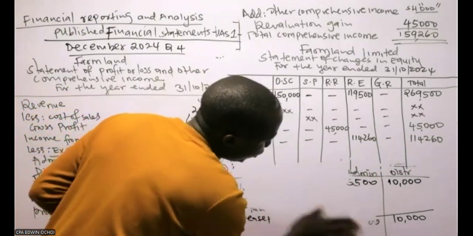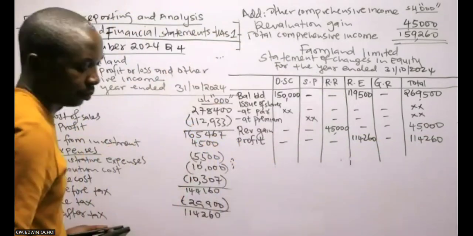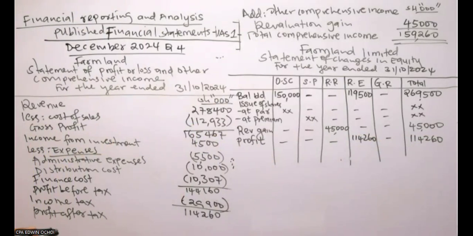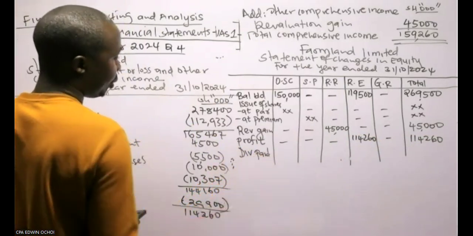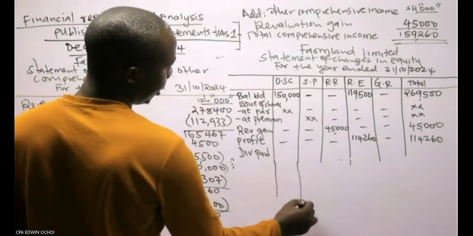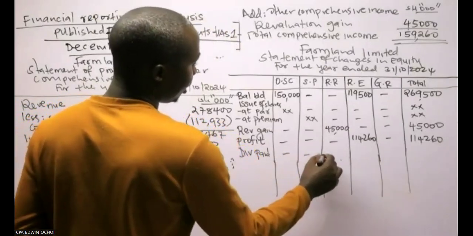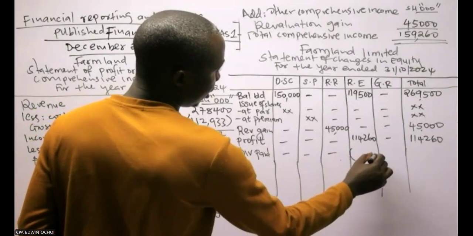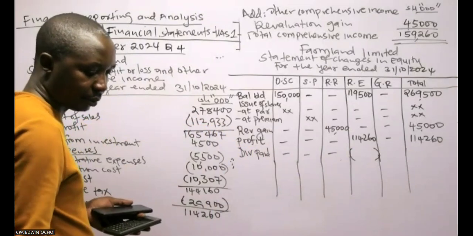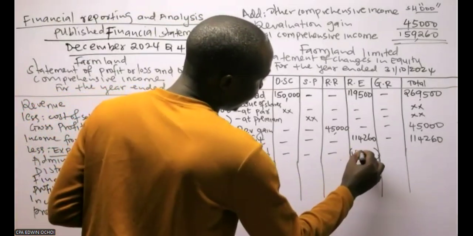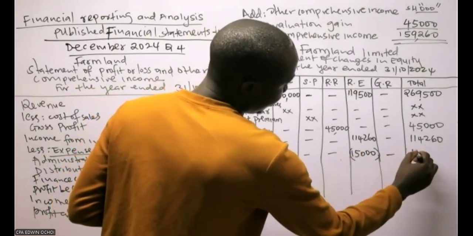After that, you need to ask yourself two things. If they are present, you include. These two things are, is there dividends paid? There was dividend paid. Dividends are paid out of what? Dividend is paid out of profit. So it goes to the retained earnings. You reduce your retained earnings. Dividends paid was 15,000. From the trial balance, we have the 15,000.